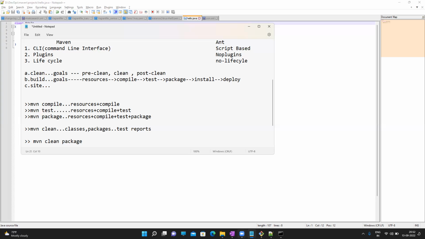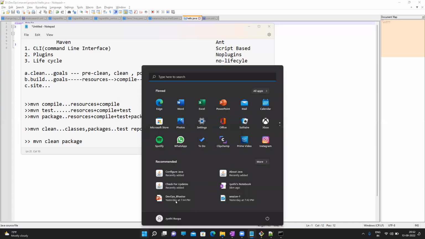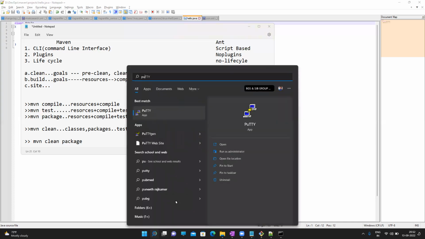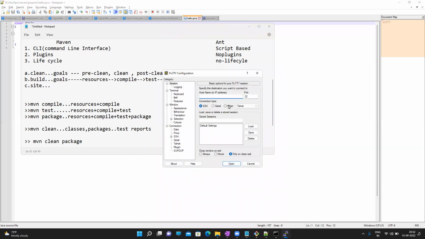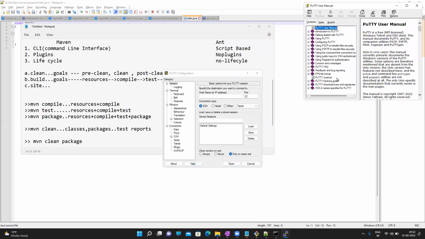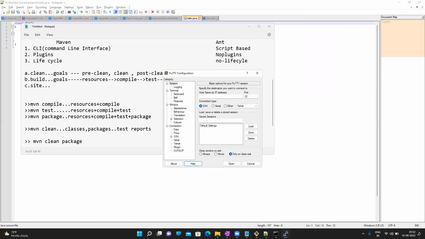Let's say Putty. Is Putty a desktop application or a web application? It's a desktop application. If you open Putty, there is something called Help, and you'll get all the information related to Putty there. In a similar way, for web-based applications, if you take Google or any web application, you will find help for that application or web URL. That site-related help information is what we use the goals for, sorry, the site